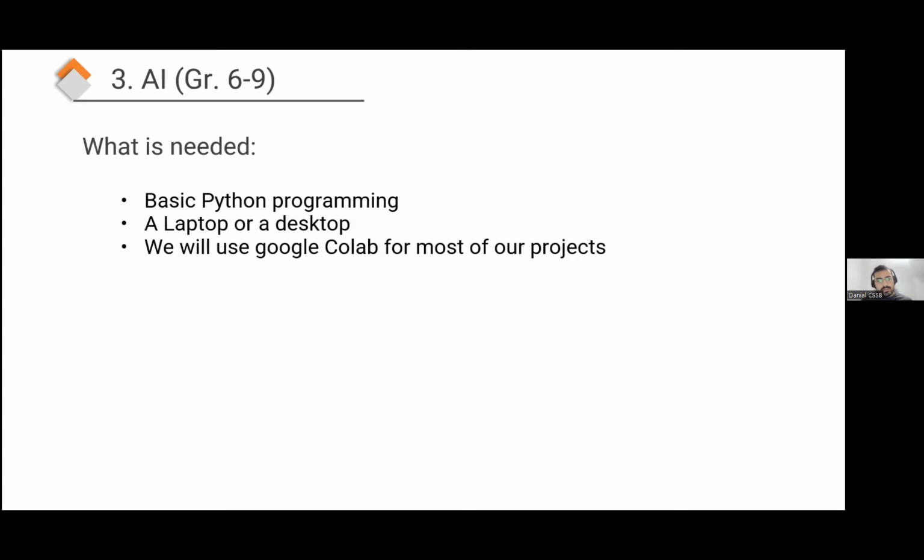Just like the Python class, the projects will mostly be on a platform like Google Colab that will be available for all the students. But you might use additional software based on the requirements. That will be specific to the teacher who is going to teach the course. And you might need other things too that will also be covered in the class.